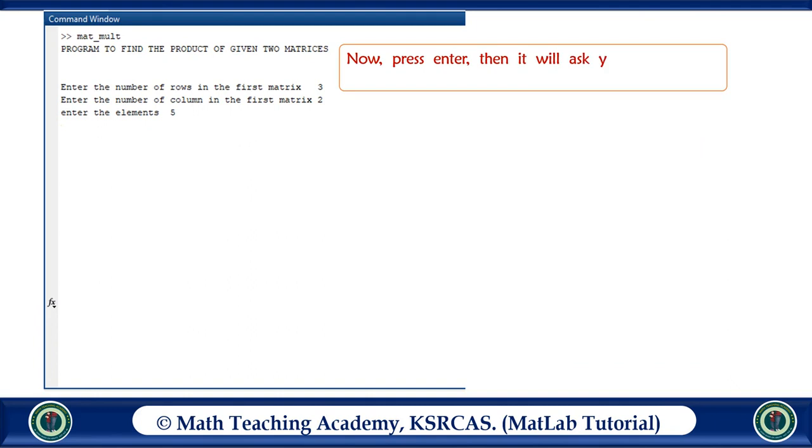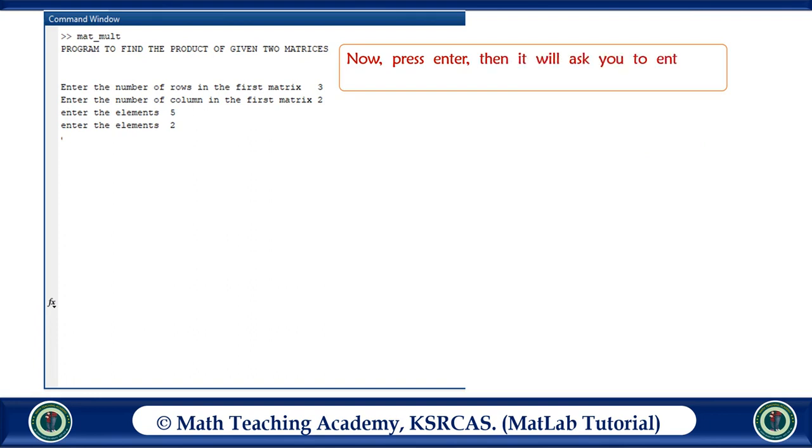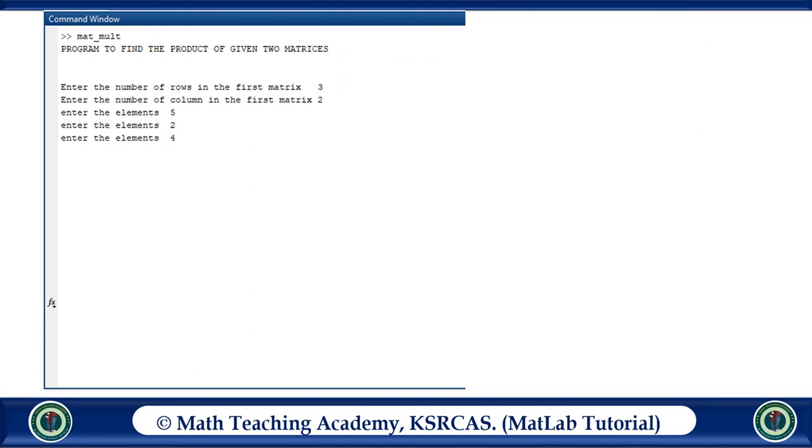Now press enter, then it will ask you to enter the elements. Now 2 has been entered. Now press enter, then it will ask you to enter the elements. Now 4 has been entered as the element.